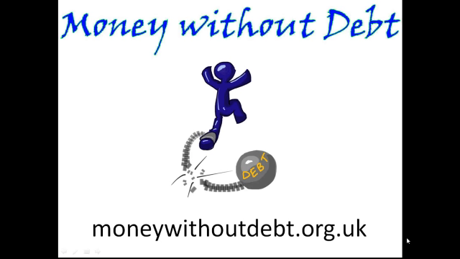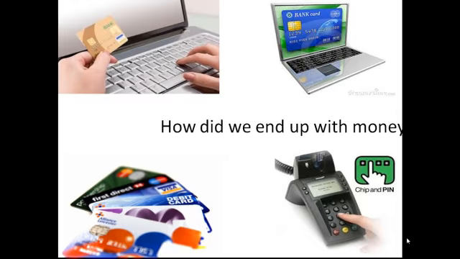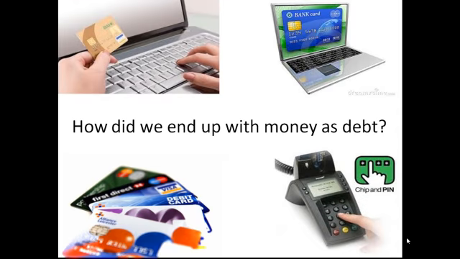Today, in the third part of our video tour explaining modern money, we look back in history to discover how our money supply came to be issued as debt by private banks. Two major changes need discussing here. The first is the establishment of the misleadingly named Bank of England in 1694, the creation of which set the model for central banks all over the world.